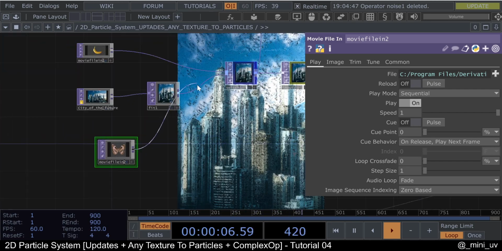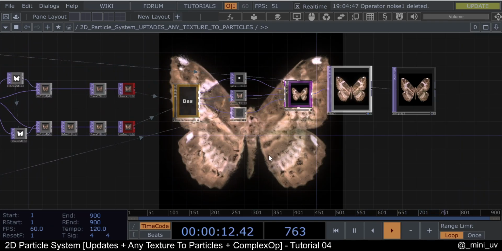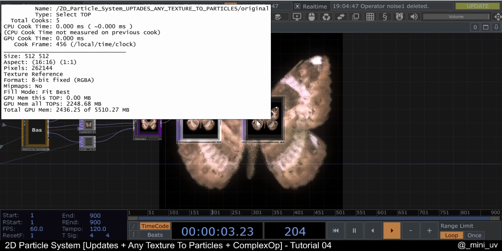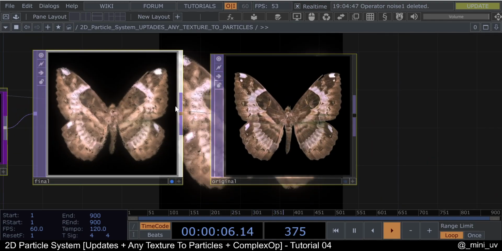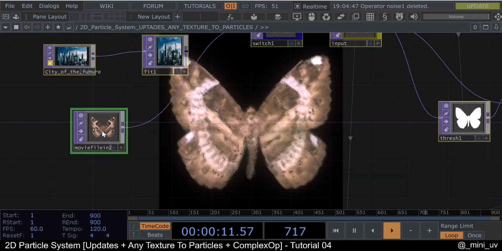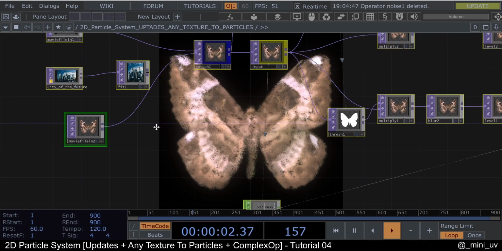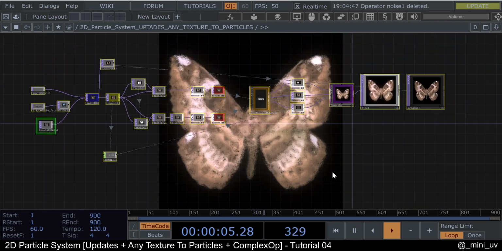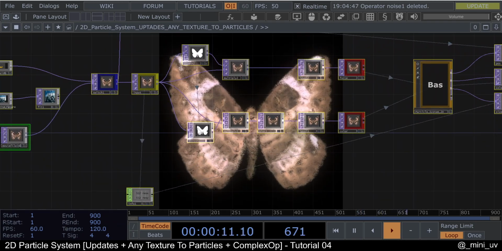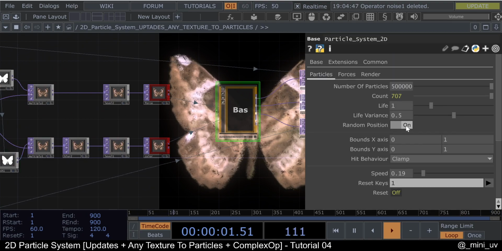Yeah, let's see. So reset and then you get it, and it will be the same resolution as the original. Okay, and this is actually a low resolution texture, so you can fit it to raise the resolution, and then you get more resolution. Anyway, yeah, I think this is it for the